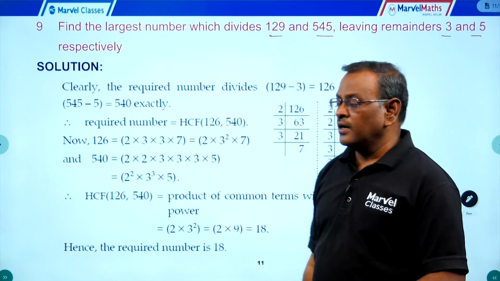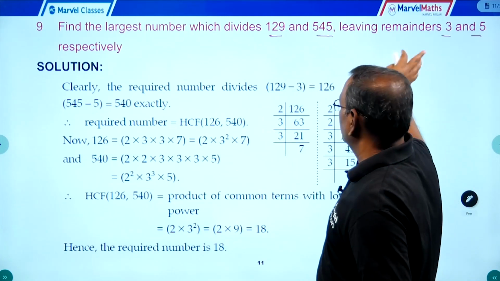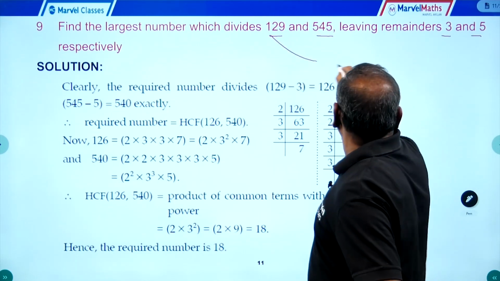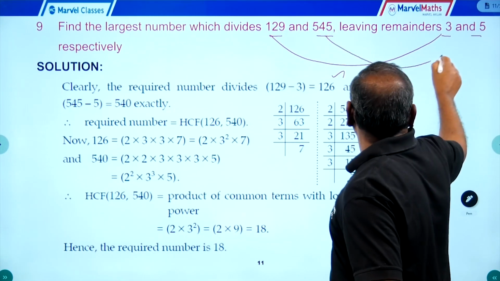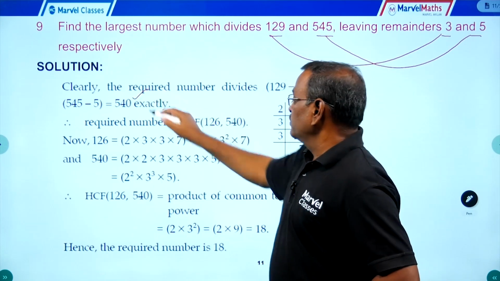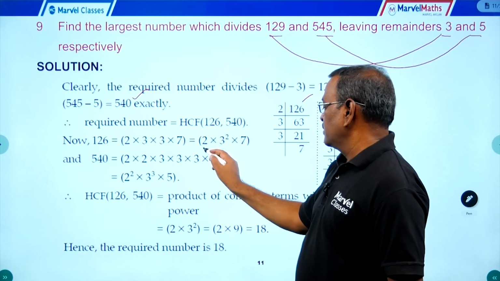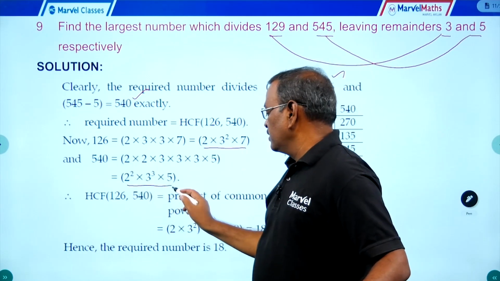Seventh question, I think we have only one remainder for both the numbers, but here there are 2 numbers with 2 different remainders. So the numbers are 129 minus 3 equal to 126, and 545 minus 5 equal to 540. Using prime factorization,